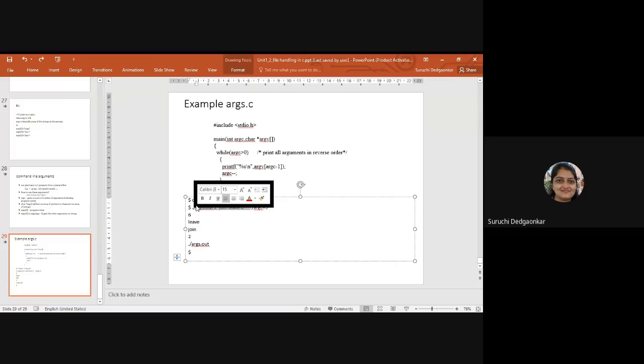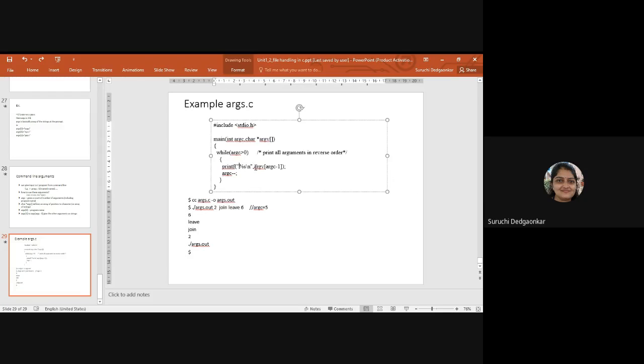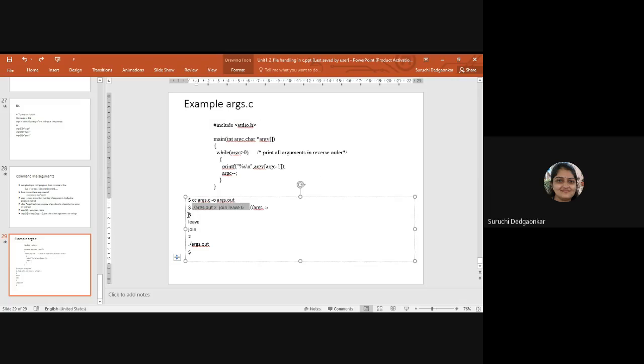So the output of this will be whatever strings we have passed here, those will be displayed in the reverse order, because I'm displaying the last element first here, argv of argc minus 1, that is last index element I'm displaying first, and then I'm reducing argc. Okay, and next value will be displayed until argc becomes 0. So all these strings will be displayed in the reverse order. Okay, 6 will be displayed first, leave later, join then. Okay, like that. So it is getting displayed in the reverse.